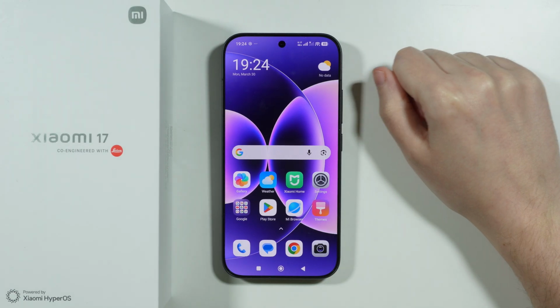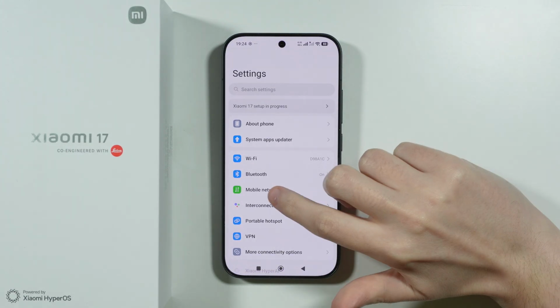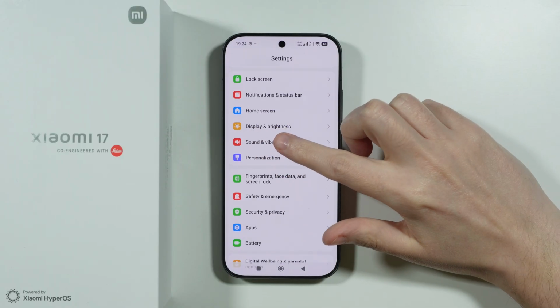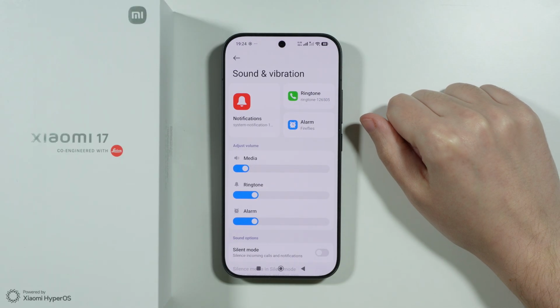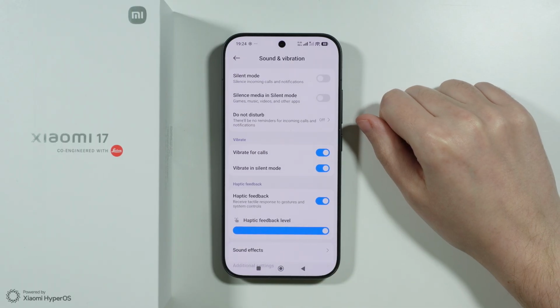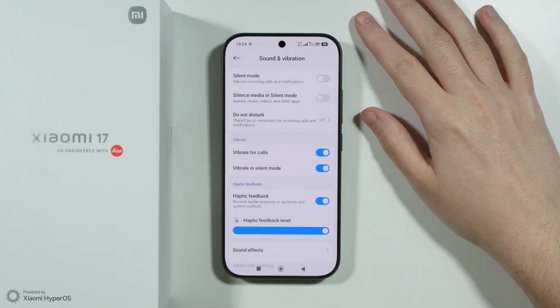If you're looking for vibration settings on the Xiaomi 17, you just have to open settings on your phone and then scroll down a little bit, and you should be able to find sound and vibration. So we can now, of course, open this menu, and in here we can find a couple of vibration settings. Although there's not much that we can do in terms of the vibration management, still we can manage vibration over